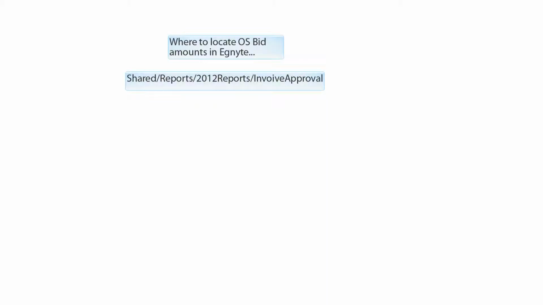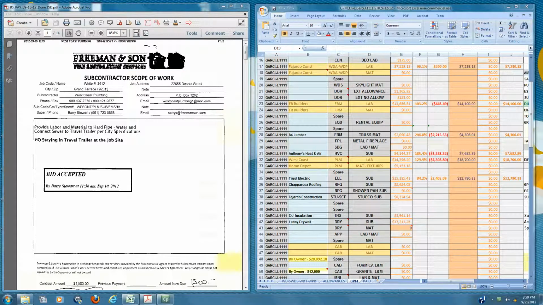To find these approved OS bid amounts, you're going to want to go to the shared/reports/2012 reports/invoice approval in Ignite, and you can find them there. When adding these OS bid amounts from the invoice approvals to the GPM, we want to add them to the OS bid column. Be sure that the invoice approvals have these bid accepted stamps on them,